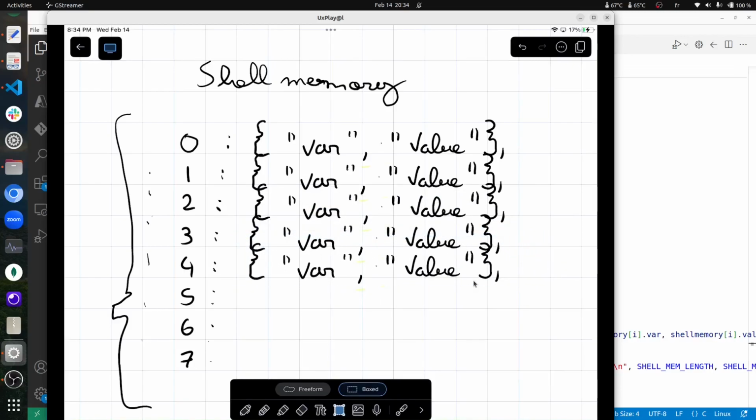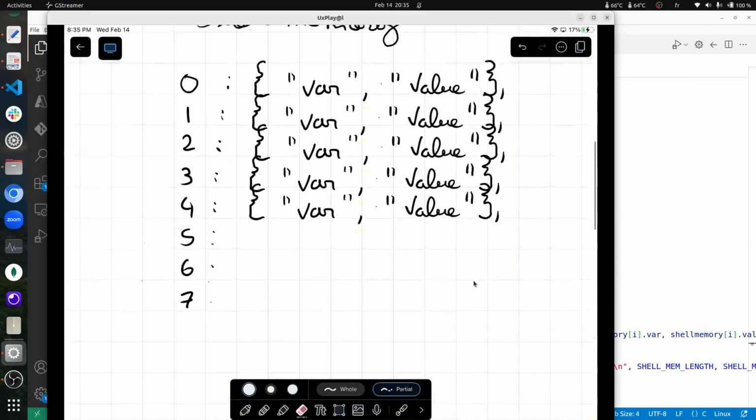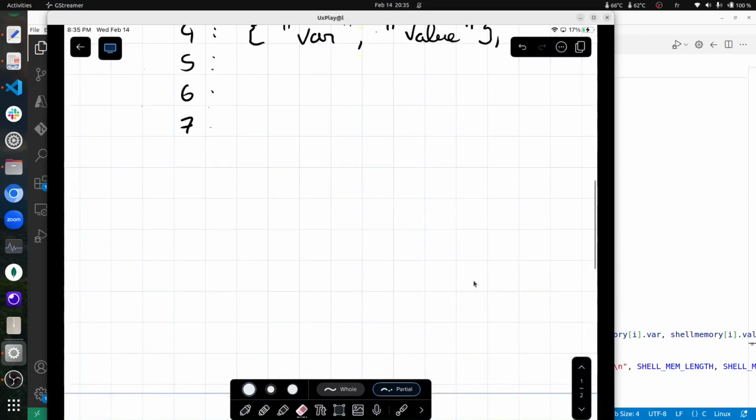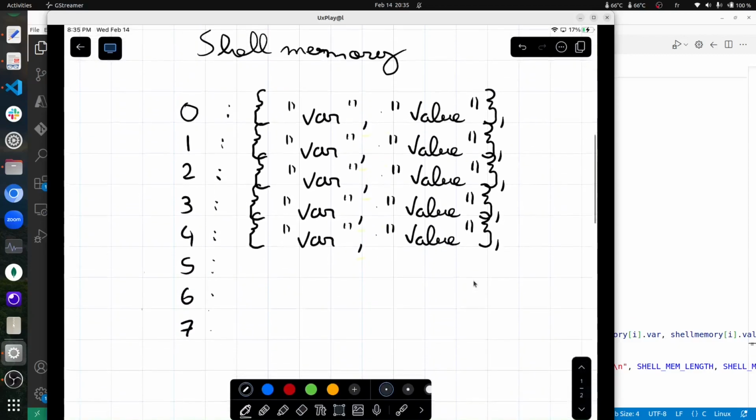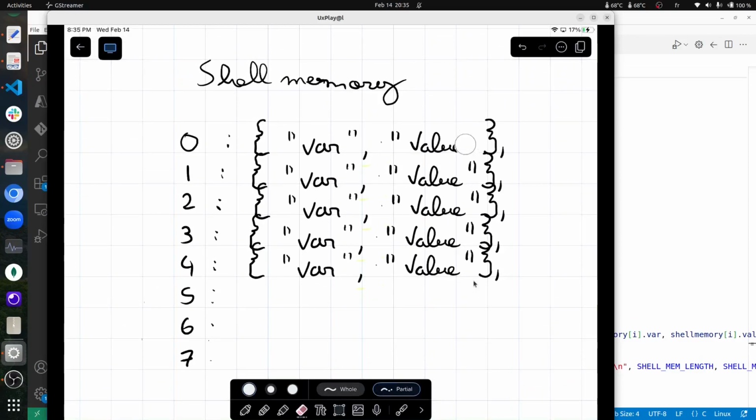So how are you supposed to create your shell memory with this system, right? We talked about frame stores, we talked about variable stores, but how do you do that concretely? You already have everything you need with just this data structure, but it's up to you now to configure it, right? So there are two ways to approach this. One way would be to create a data structure just for the frame store, right? So you would have a struct that contains key value here, okay? And the frame store is nothing more than, here, for example,